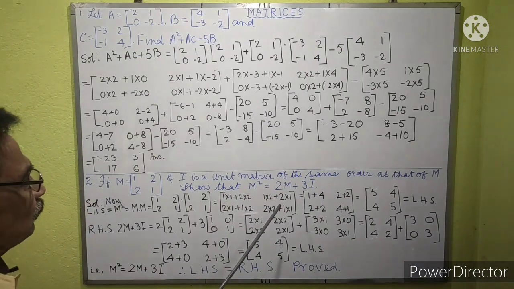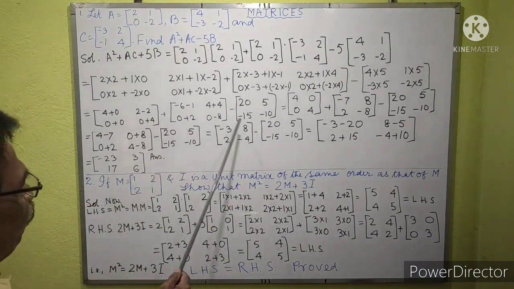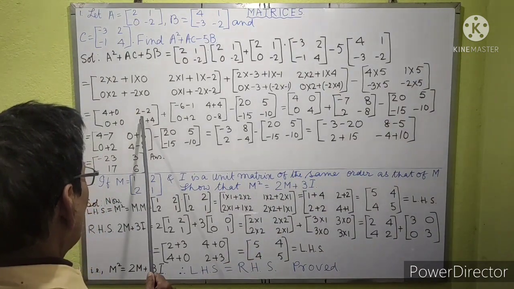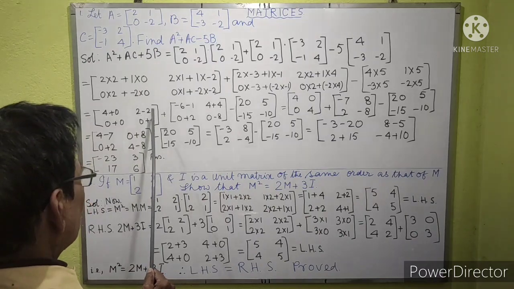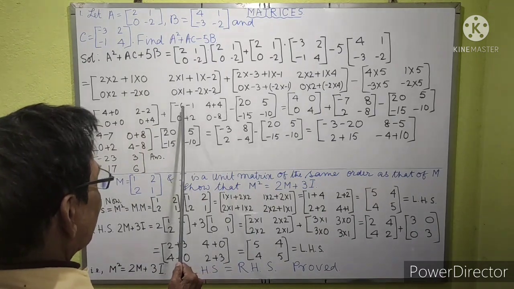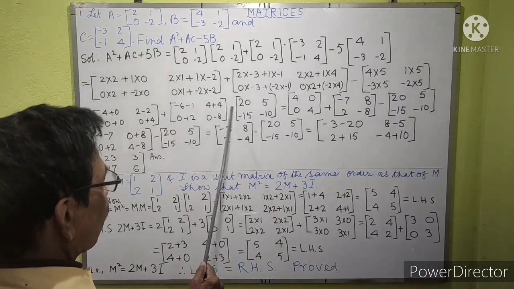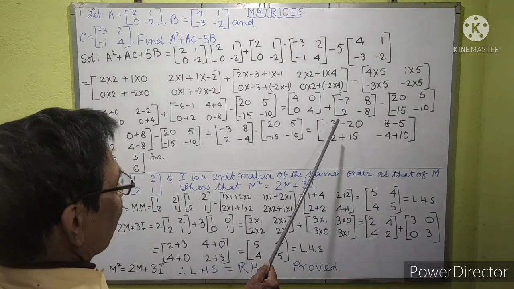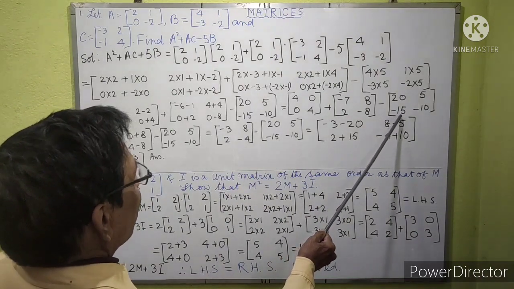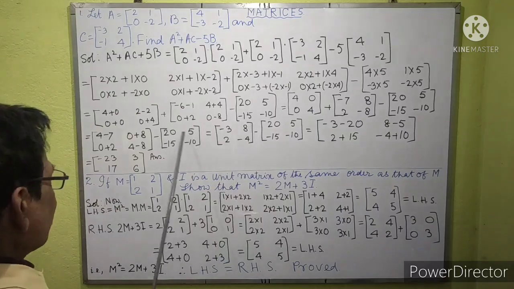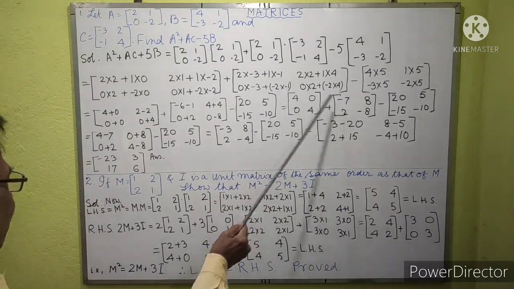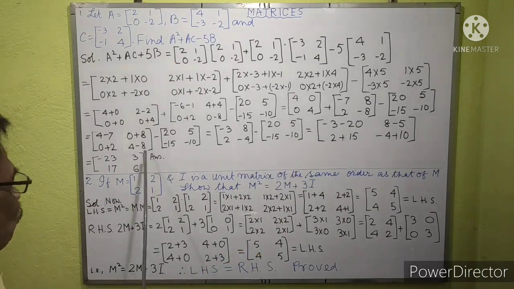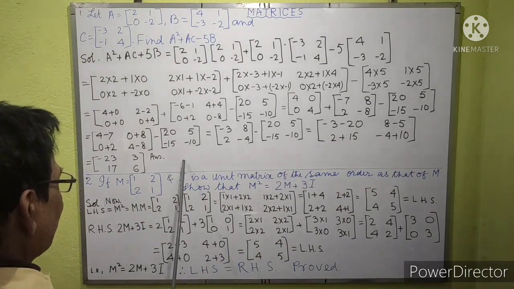Now adding these two, we will get 4 plus 0, 0 plus 0, and 0, and 4. And this is minus 6, minus 1, minus 7, 4 plus 4, 8, plus 0 plus 2, that is 2, 0 minus 8, minus 8. And this is 5B. Again, when adding, 4 minus 7 and 0 plus 8, 0 plus 2 and 4 minus 8, and this is 5B.